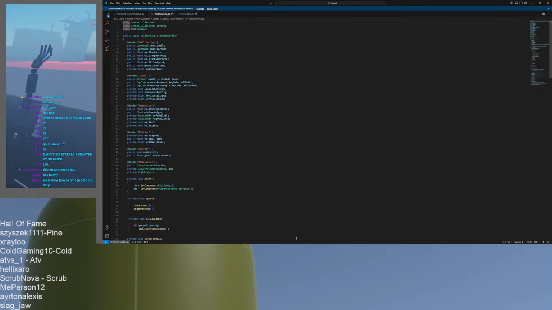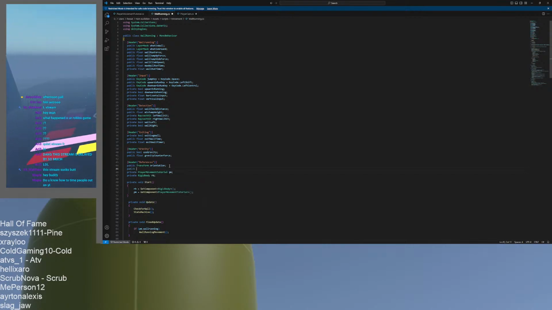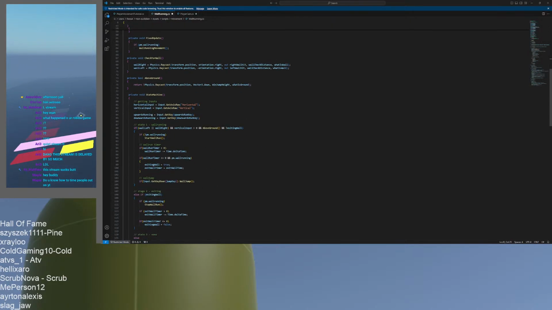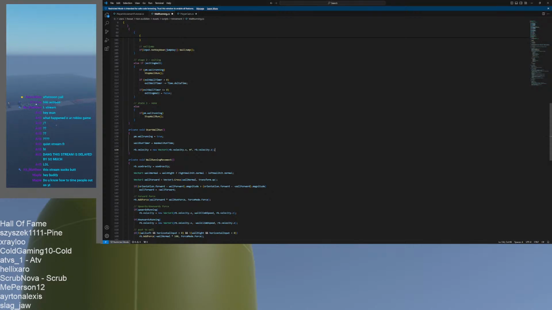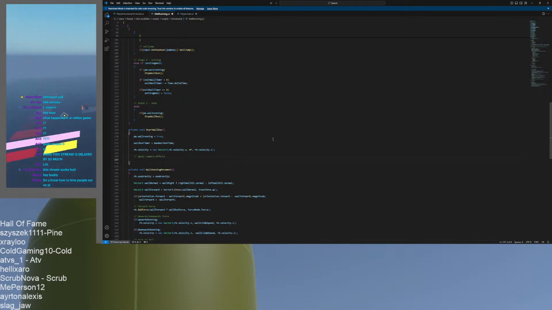Alright. Now let's see what this intelligent man wants us to do. References. He wants us to go here and go public PlayerCam cam script, and when you start a wall run, you can use the functions you just created